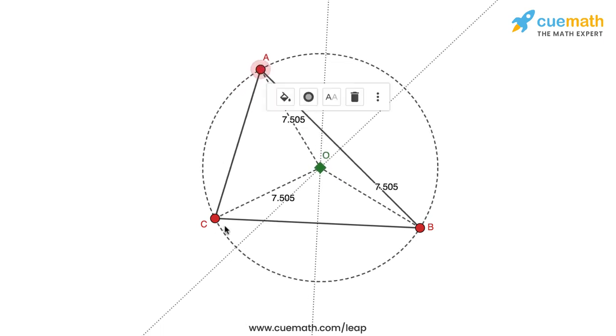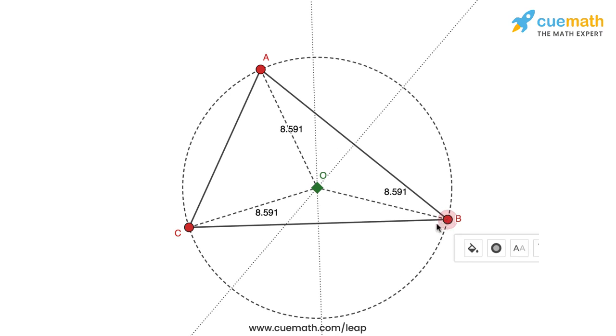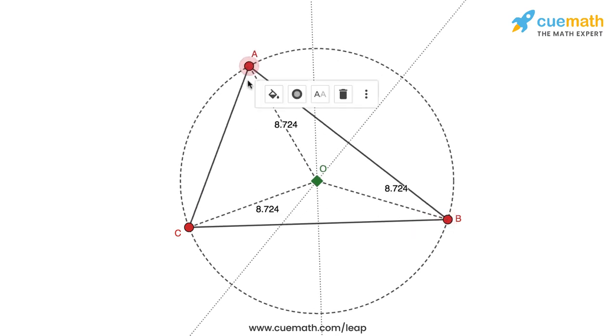And even if I change the triangle, you can see that this point O always stays equidistant from the three vertices of the triangle. The other thing to observe is that because O is equidistant from A and B, and also from B and C, it will also be equidistant from A and C, the two endpoints of segment AC. This means that if you draw the perpendicular bisector of AC, that will also pass through the point O. So I hope you found this interesting.